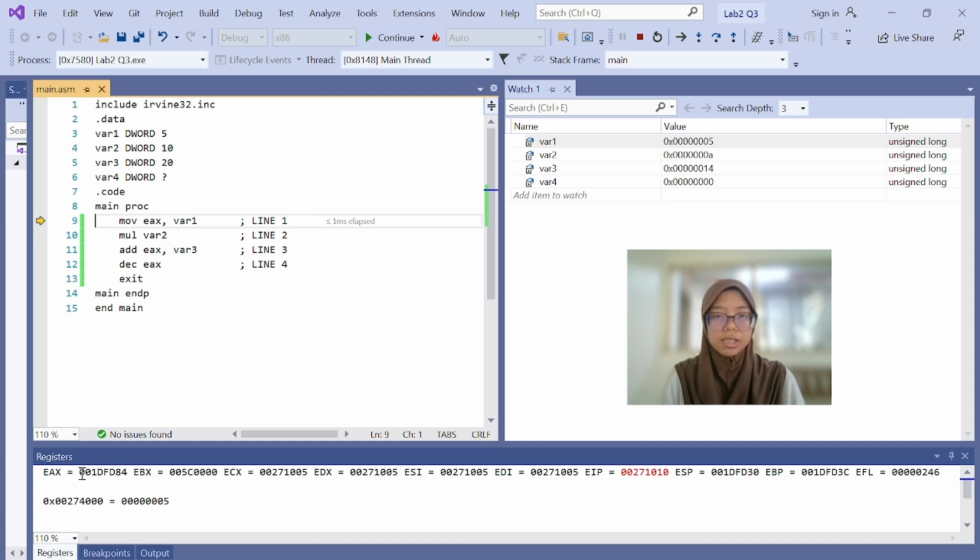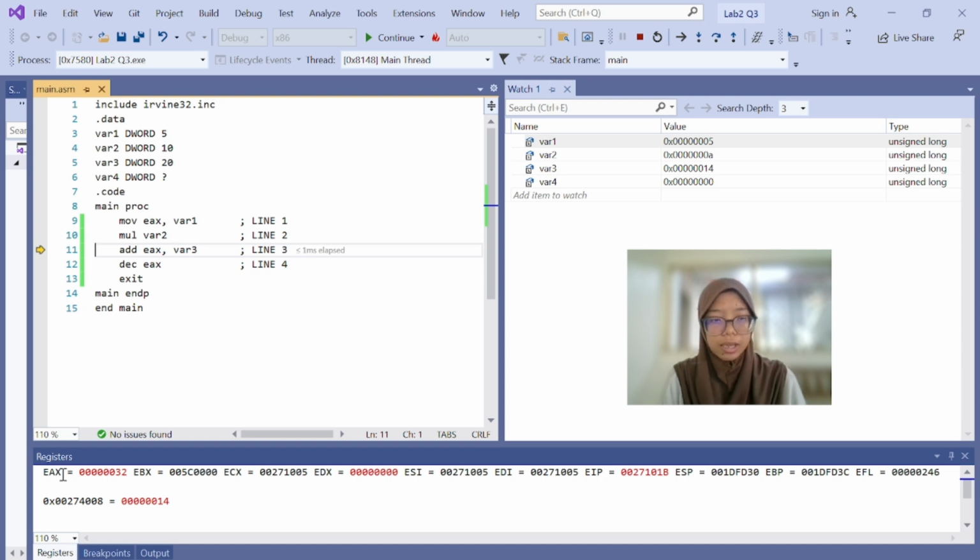Let's take a look at the register and the watch output during the program execution. Here we can see that the value of var 1 is 5, var 2 is 10, var 3 is 20, and var 4 is an undefined value. So for line 1, the value of var 1 is moved into EAX, which means that EAX now is 5. Now for line 2, the math operation will multiply the value of EAX with var 2, which means that 5 multiplied by 10,